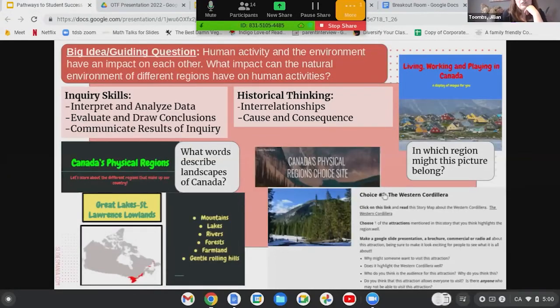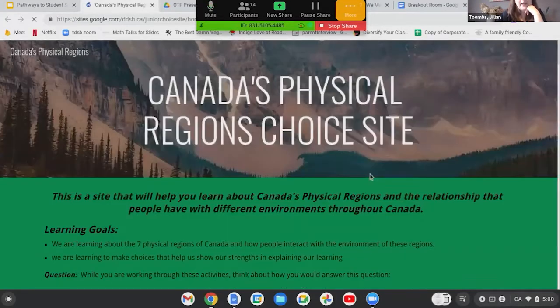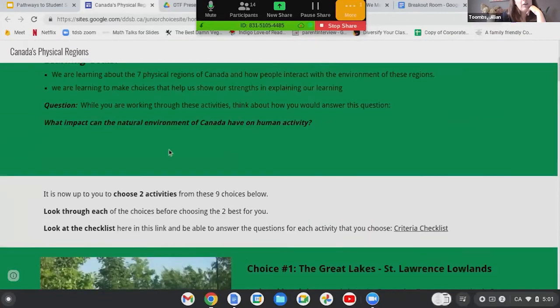And I think the last thing I'm going to show you is so great. If you teach grade 4, you'll be so happy. This is actually a Google site that was created, and it acts sort of like a choice board. It would be fantastic to support a culminating task, or even as the main component of your students' research. The author of the lesson asked their students to choose 2 activities. You could change this if you needed to.